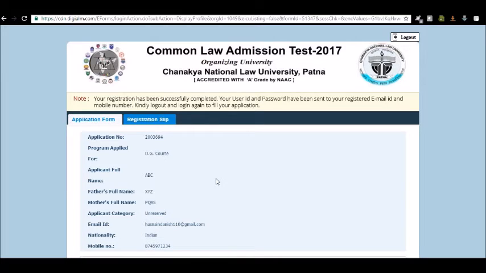Once you've correctly submitted your registration, you will get a note that your registration has been successfully completed. Your user ID and password have been sent to your registered email ID and mobile number. Kindly log out and log in again to fill in your application. You'll find the logout icon on this same web page. Click on this logout,